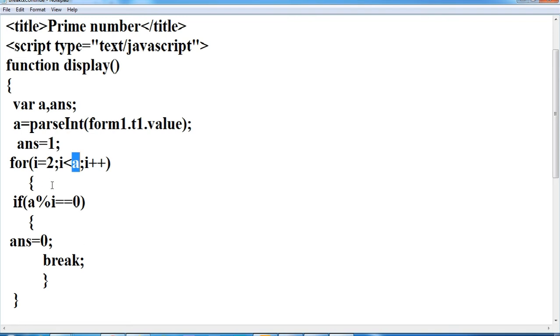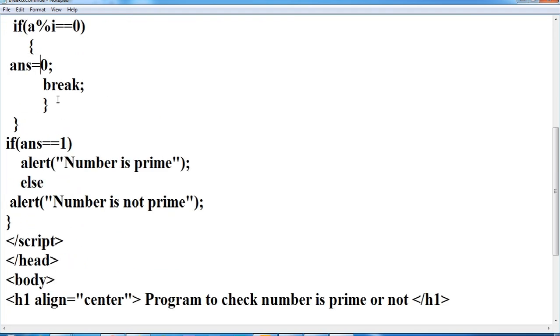If the remainder is 0, I will break the loop. If my answer is still 1, then my number is a prime number, and if my answer is not 1, then it is not a prime number.